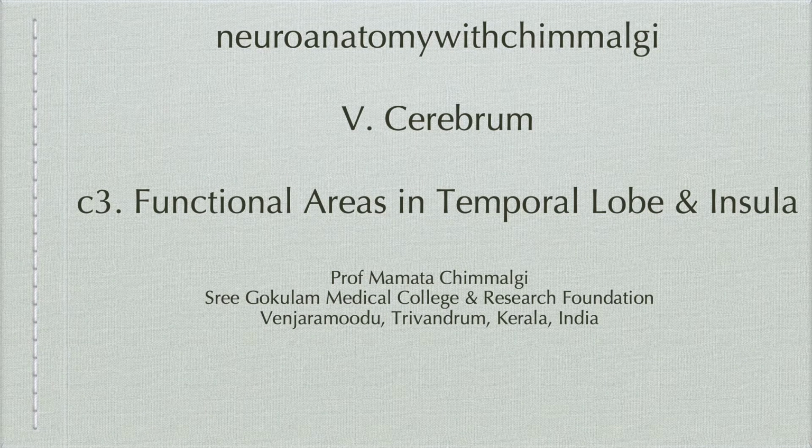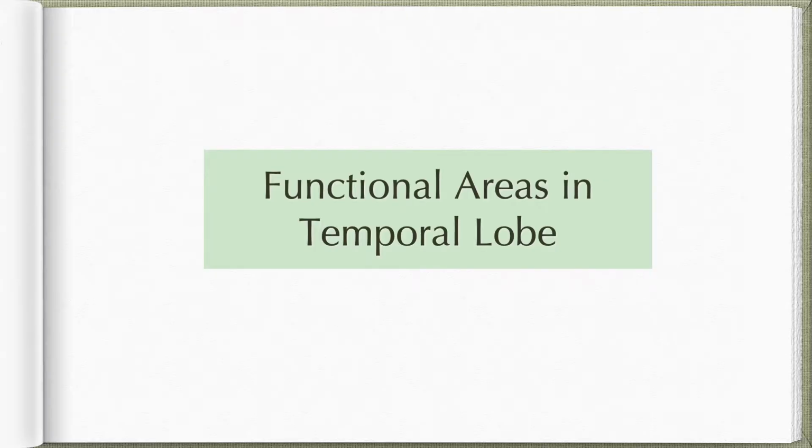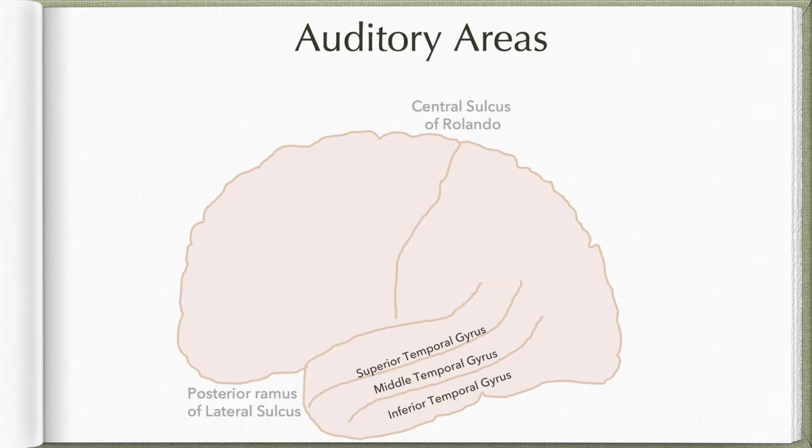Let us now move on to learning about the various functional areas in temporal lobe and insula. First, let us begin with the functional areas in temporal lobe. The main functional areas which are located here are the auditory areas, which are located on the superior surface of superior temporal gyrus. So, if you open up the lips of the posterior ramus of lateral sulcus, the superior surface